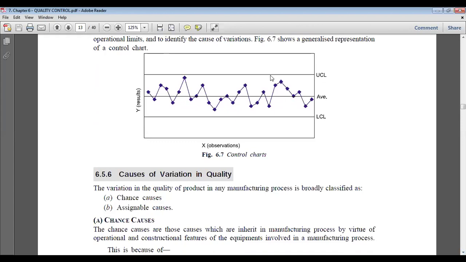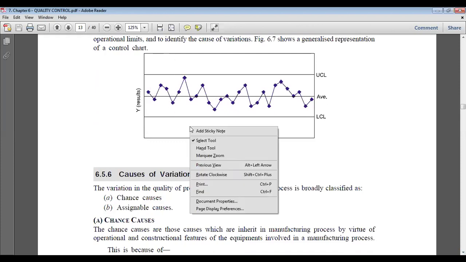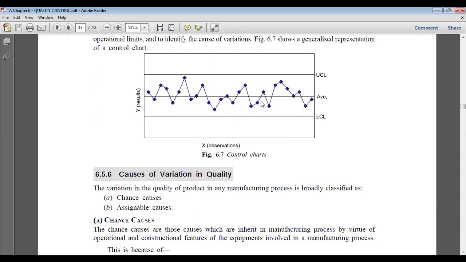If all parts lie very close to this average line or normal line, the process is very good and we are producing a very good quality product. But if the samples are scattered, one here, second there, third there, this is not going to be a stable production. Also, if the product crosses the upper control limit or lower control limit, out of 20, we have a plan C equal to 1.